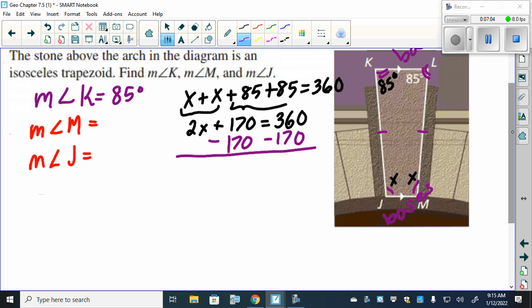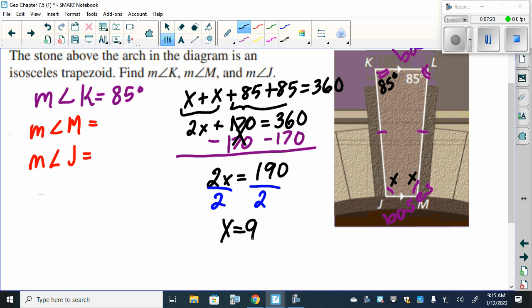We can subtract 170 from both sides, which tells us that 2x is equal to, these cancel. Any questions on any of this here? And then what can we do next? Add both sides by 2. Okay. So that means these two base angles down here are both congruent, and they are 95 degrees and